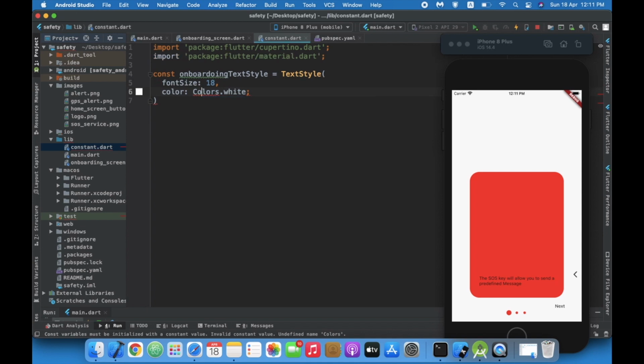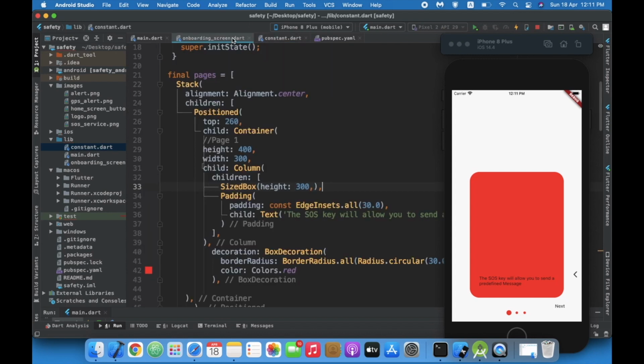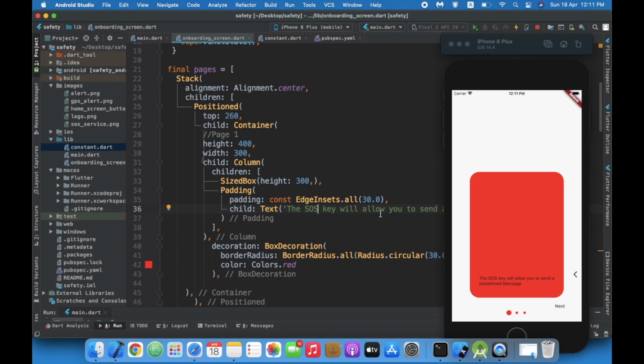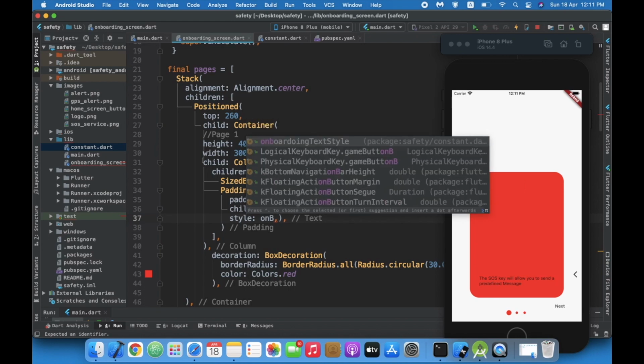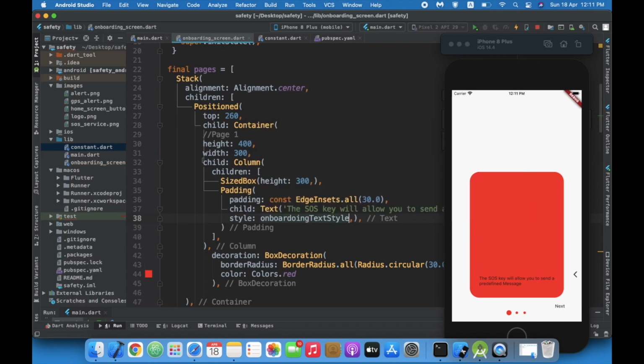Okay, I have to add Colors dot white. Yeah, fine, this is the one that we need. And then for this text, style, I will give onboarding text style.